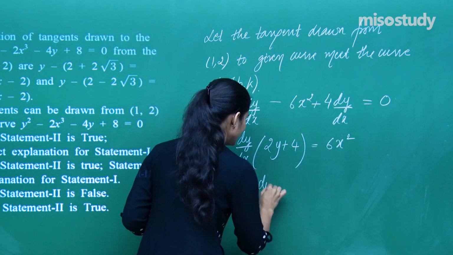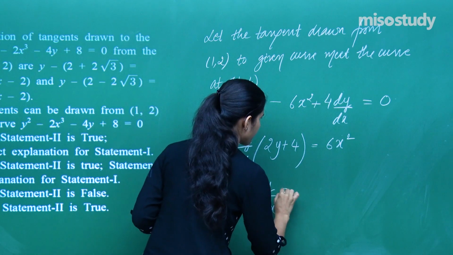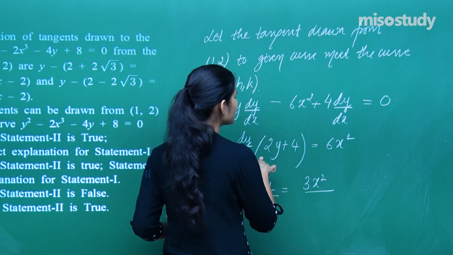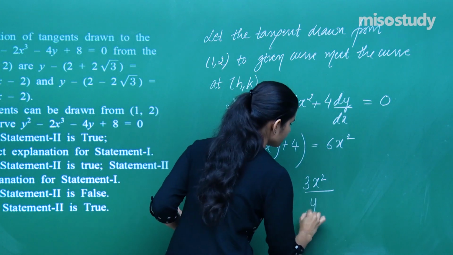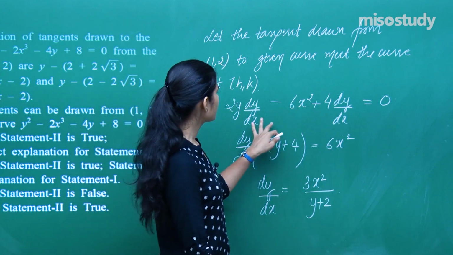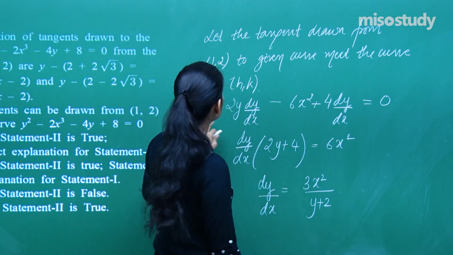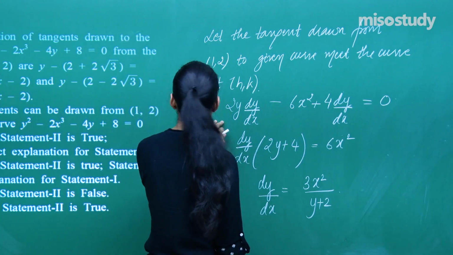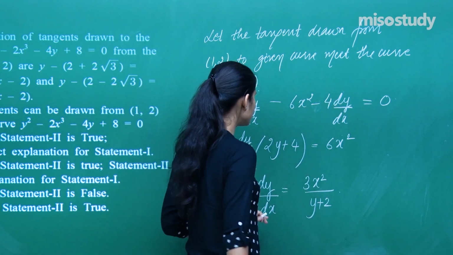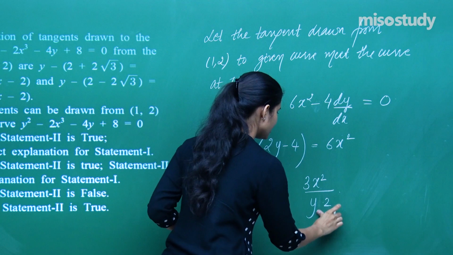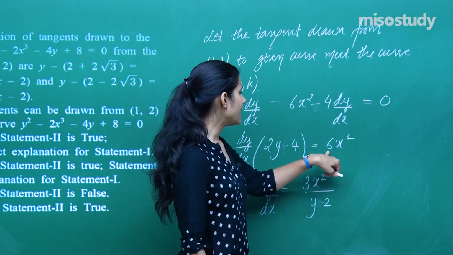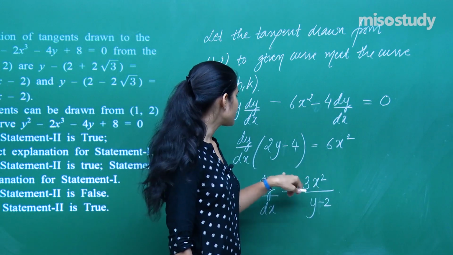So your dy by dx is what? 3x square upon 2 comes out common, you are left with y plus 2. Right? This is what you have. So you have 2y dy by dx minus 6x square, this is minus, not plus, this is minus. So here also this is minus and here also this is minus. It's like 2 comes out common, so 2 and here you get 3, so you get 3x square upon y